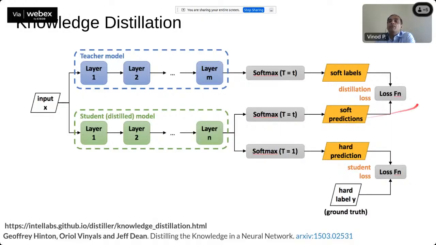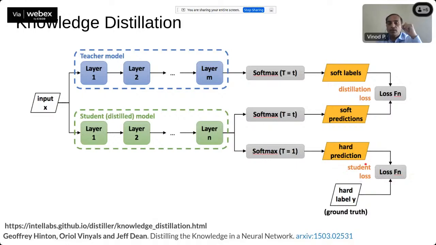So I would like to solve a loss function such that the difference between the soft labels obtained from the teacher and the soft labels obtained from the student should be as close as possible. Which means that the loss should be minimized, and this loss is called the distillation loss. But at the same time, we would try to solve another loss function, which is called the student loss.